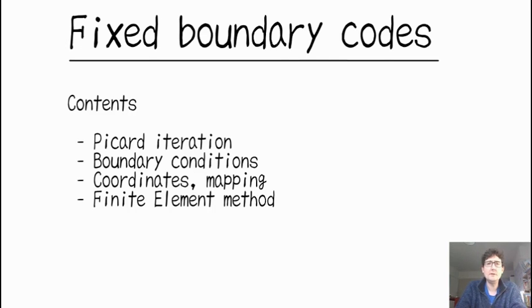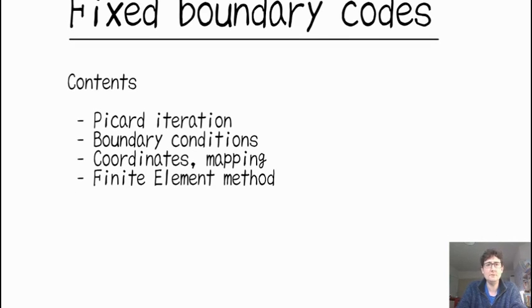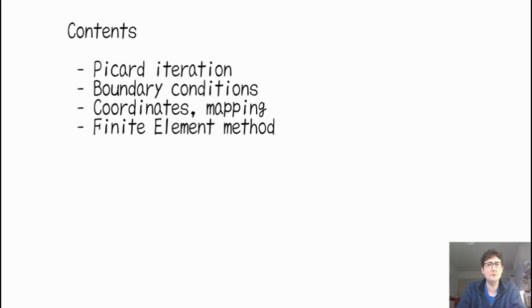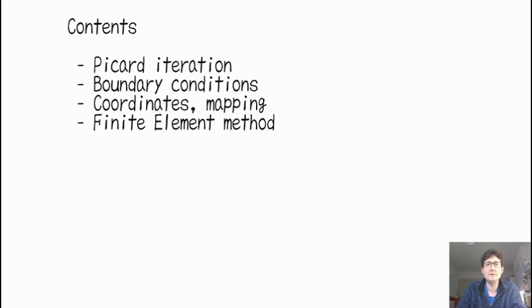Welcome. In this video I'll go into a bit more detail about how fixed boundary Grad-Shafranov solvers work. So this is the Picard iteration of solving the nonlinear problem to turn a nonlinear problem into a linear problem, and then how the boundary conditions are imposed, a bit about the flux surface and coordinate mapping used in the solvers, and then the basics of the finite element method. Obviously I can't hope to cover this in one short video, but I hope this is enough information that you can look up the details if you need to.